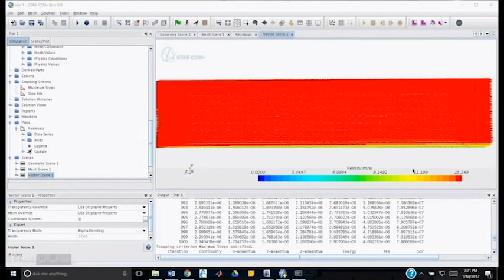And that completes our tutorial on how to create a flat plate boundary layer by simulating a wind tunnel using